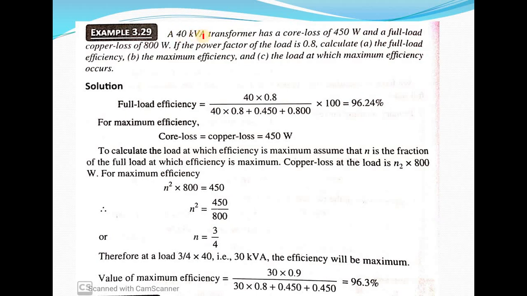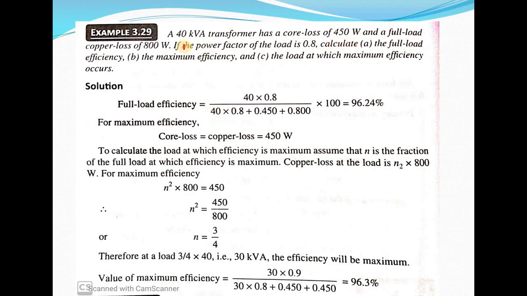So it is in kVA, so we will convert it into kilowatt, so it will be multiplied by the power factor. So 40 multiplied by the power factor, so it is in kilowatt. But keep in mind, if the numerator is in kilowatt, then all three terms should be in kilowatt, otherwise, if in watt, then all of them should be in watt. So we have put it in watt, so all these should be in kilowatt, and this should also be in kilowatt.